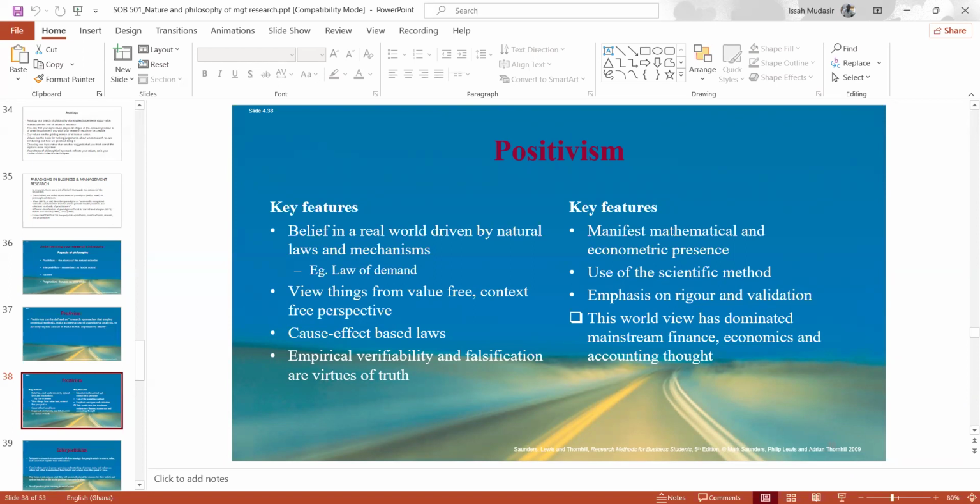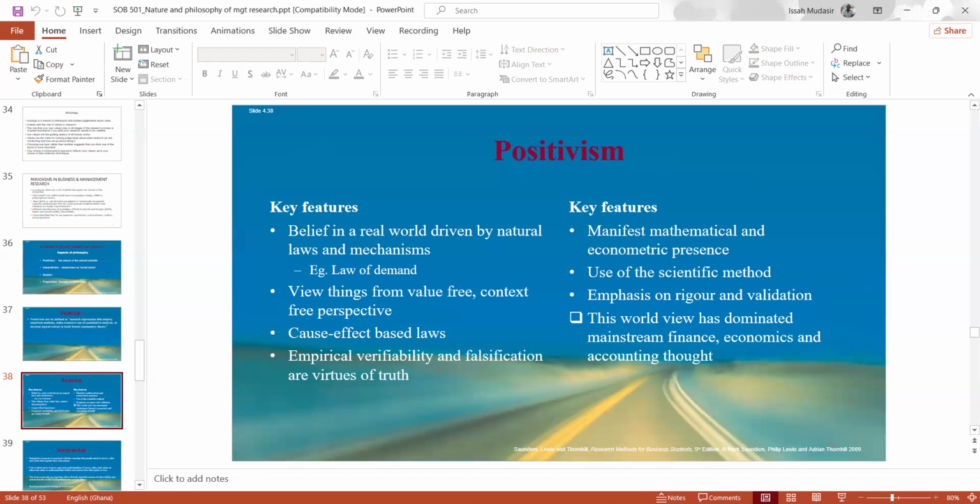Okay? It is also possible for us to falsify a statement. Falsification is the view that the only inquiry that is valid is the one which gives condition under which it can be proven to be false. In other words, if a research problem cannot tell you the condition under which it can be proven to be false, then it means that it's not a valid research. That's what we call falsification.